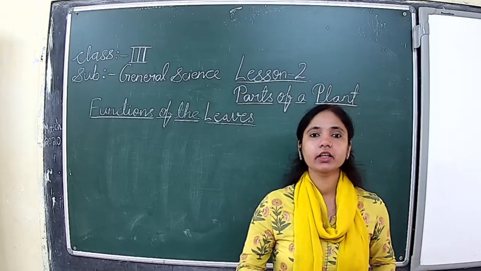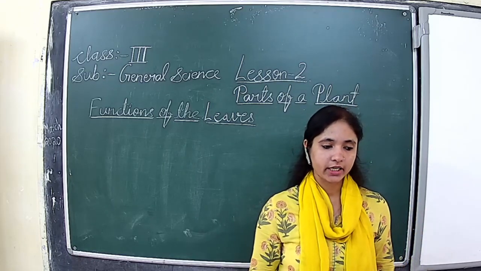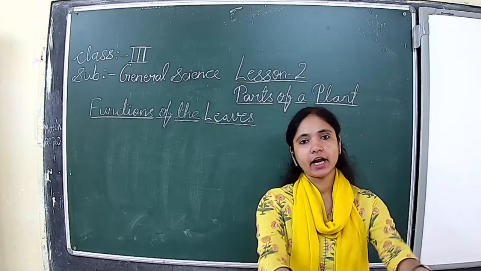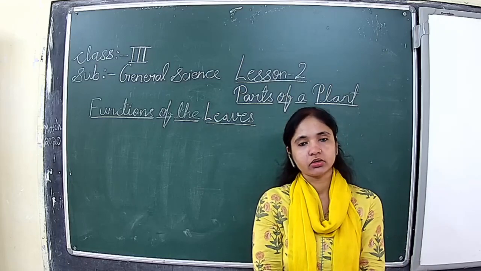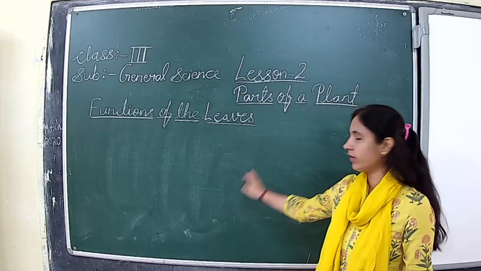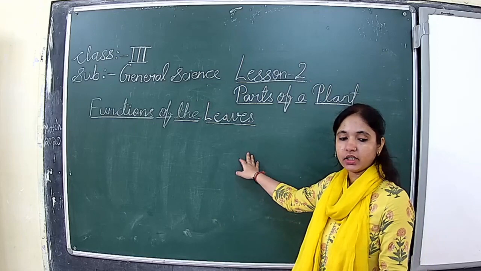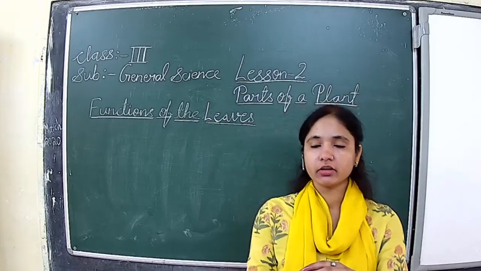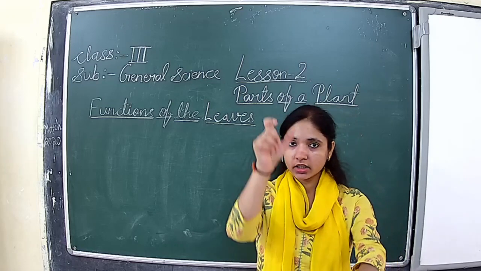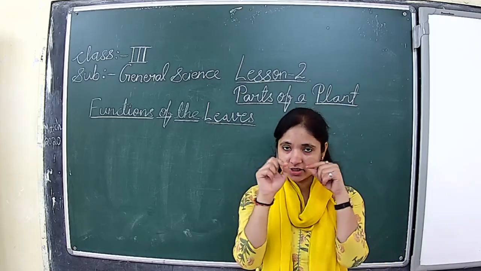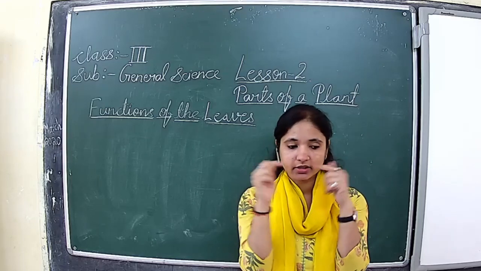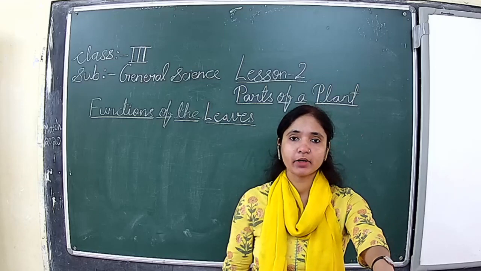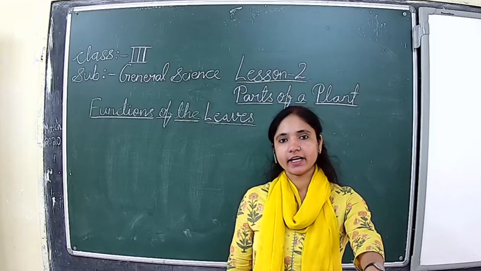So the part below the soil is called root. What is the work of the root? Roots support the plant to stand upright. They do not allow the plant to be carried away by wind or water, and provide nutrition to the plant. We have seen two types of roots, tap root and fibrous root. In tap root, there was a single main root with many thin branch-like structures at its side. The examples of tap root are gram, radish, and carrot.